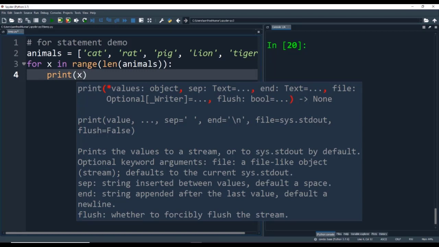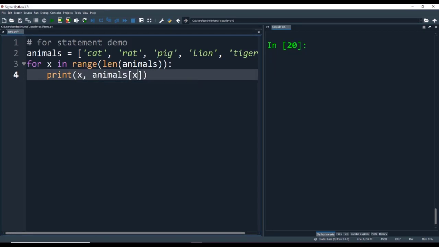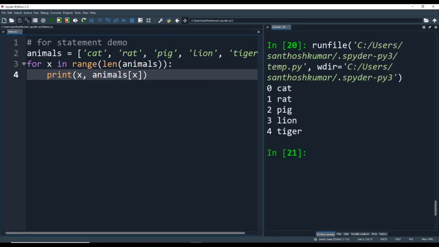Here the print statement is part of the for loop because it's indented, and when I run the code, you can see that the values of x are printed as 0, 1, 2, 3, 4, and the corresponding elements within the list are printed.